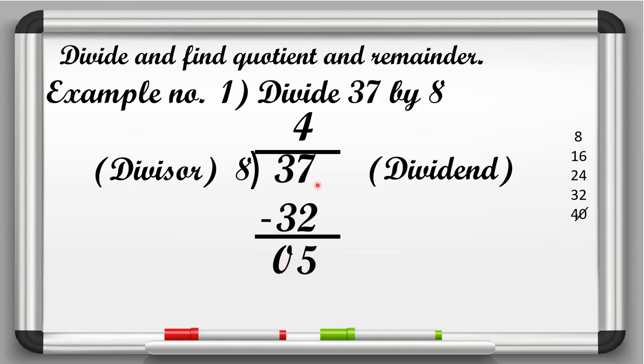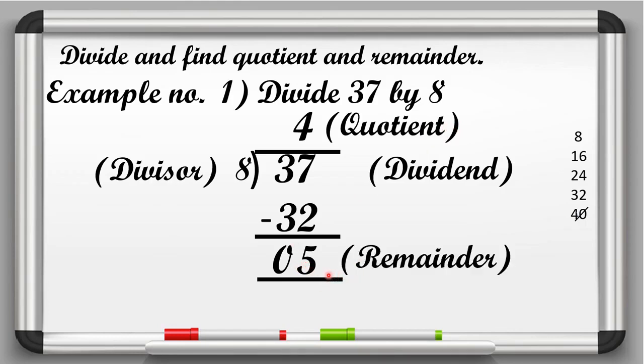So you can say that here 4 is the quotient, so we will write here quotient, okay, and 5 is the remainder, so here we will write remainder. Clear? So in the answer, how can we write that? 4 quotient, that is Q is 4 and our remainder, that is R, is 5.